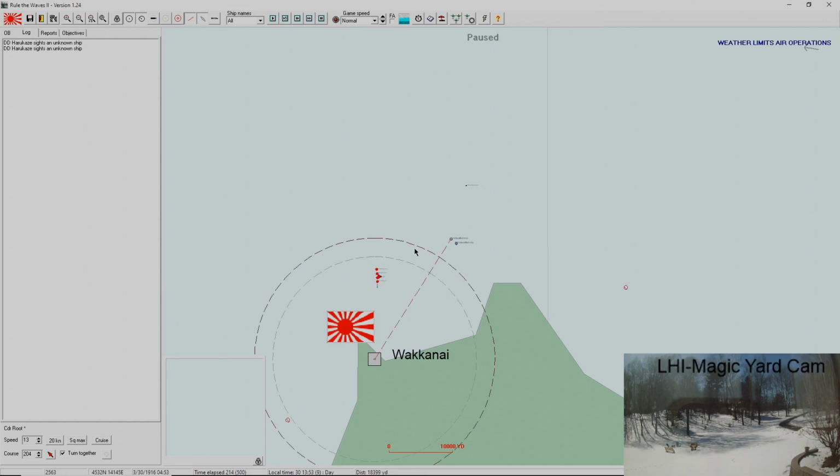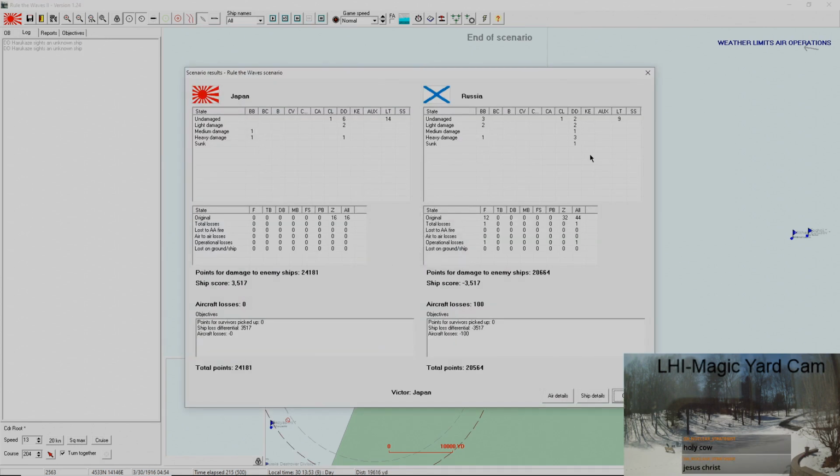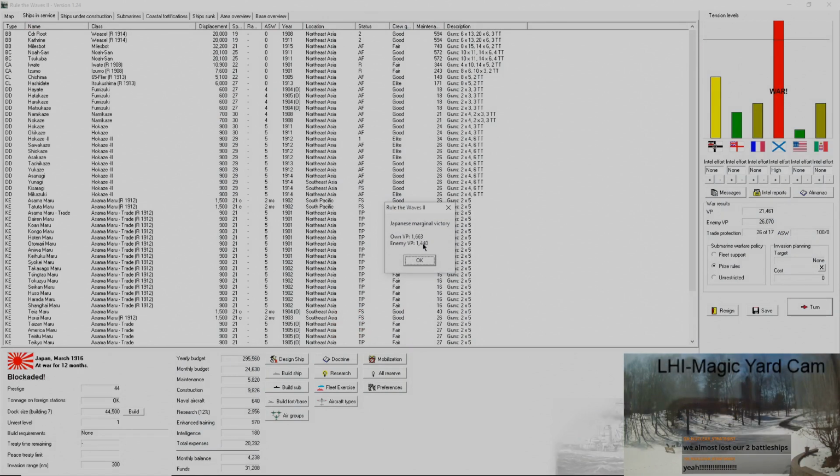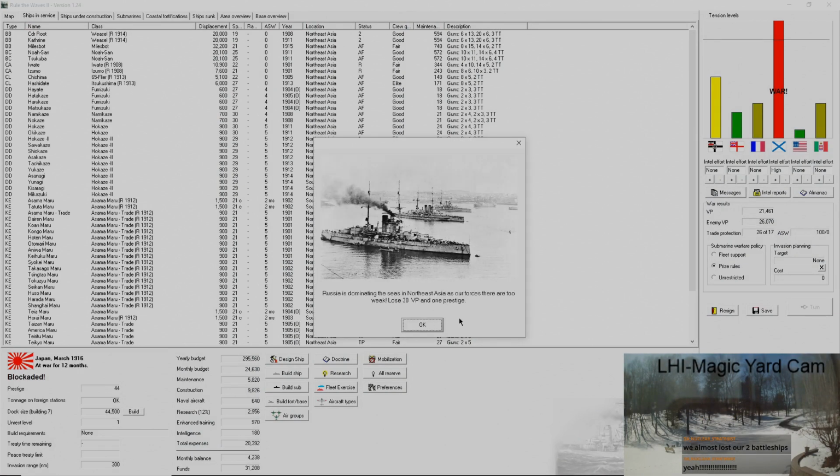Well, we did damage. They did damage. All right, we destroyed a destroyer, put heavy damage on a battleship. They damaged 2 of ours. Looks like we won by a little. That was not the greatest. We really need to kill...